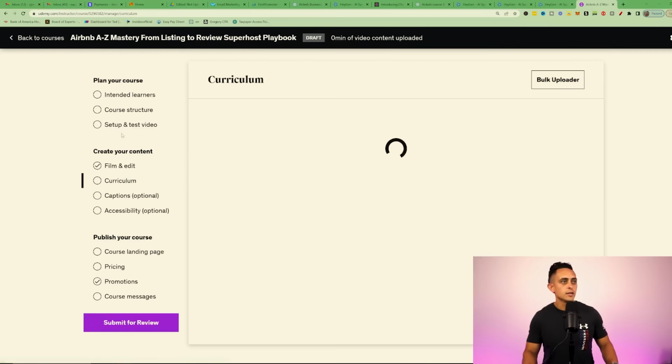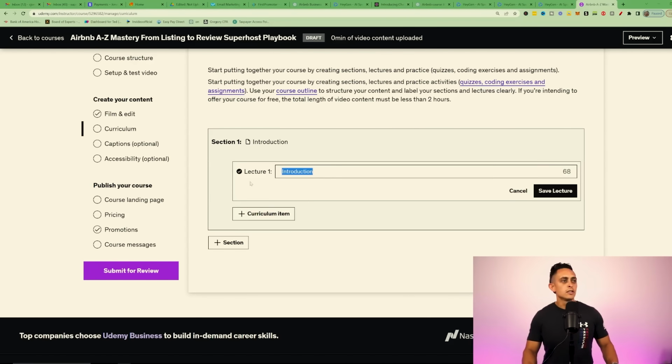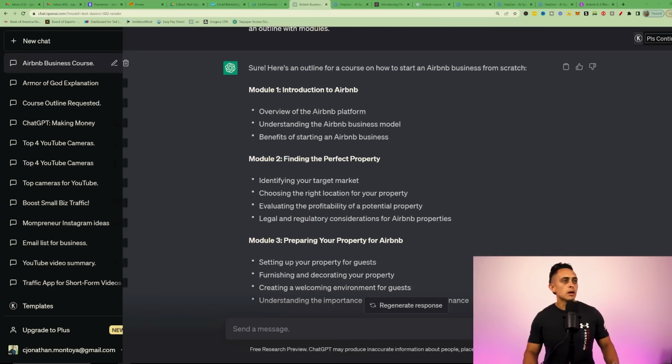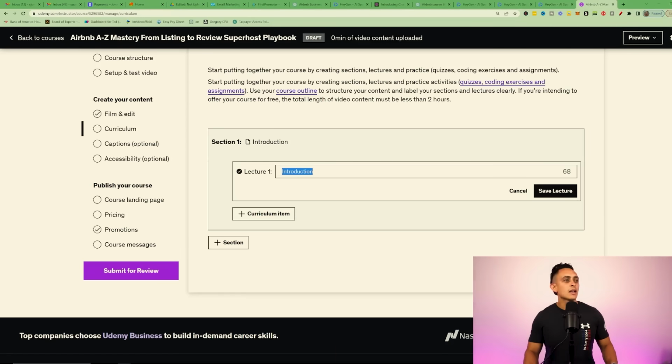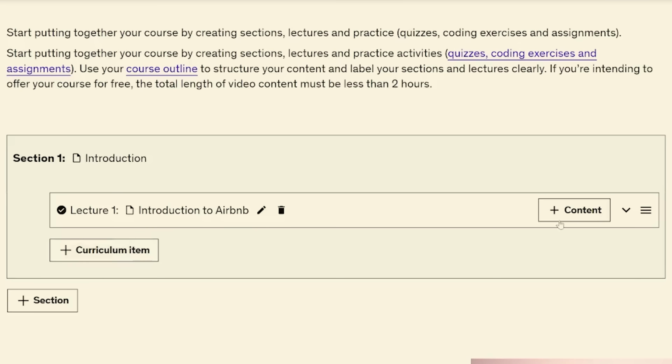Okay, so actually curriculum here, there we go. So module number 1, introduction. So this is going to be your actual module number 1, right? So if we go back to ChatGPT, here's module number 1, introduction to Airbnb. So I can copy that. And what we're going to do here is go back, module number 1, introduction to Airbnb, save lecture, and then